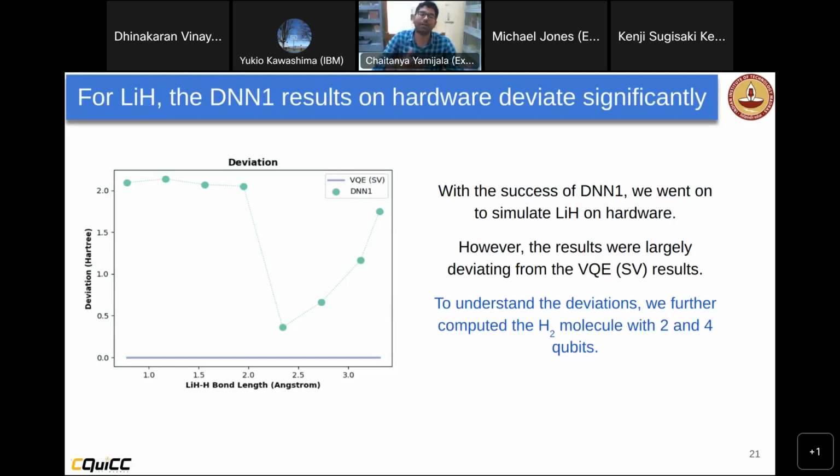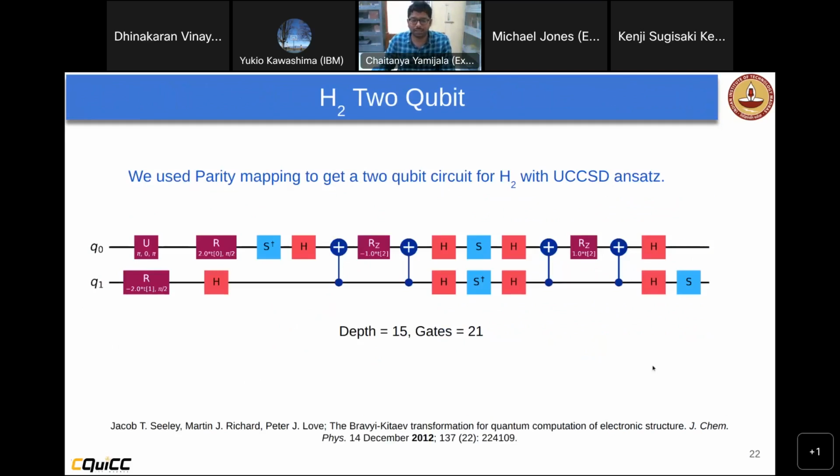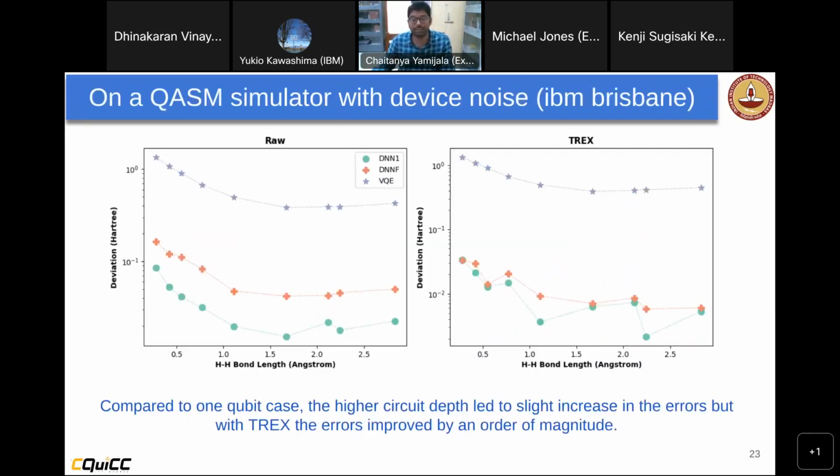So to understand why there is such a huge deviation, we went back to the H2 molecule example and tried, instead of 1 qubit, with 2 qubits and 4 qubits. This is the 2 qubit circuit that we have considered. With the 2 qubits, if you consider the results of DNN1, DNNF and VQE, again you can see that